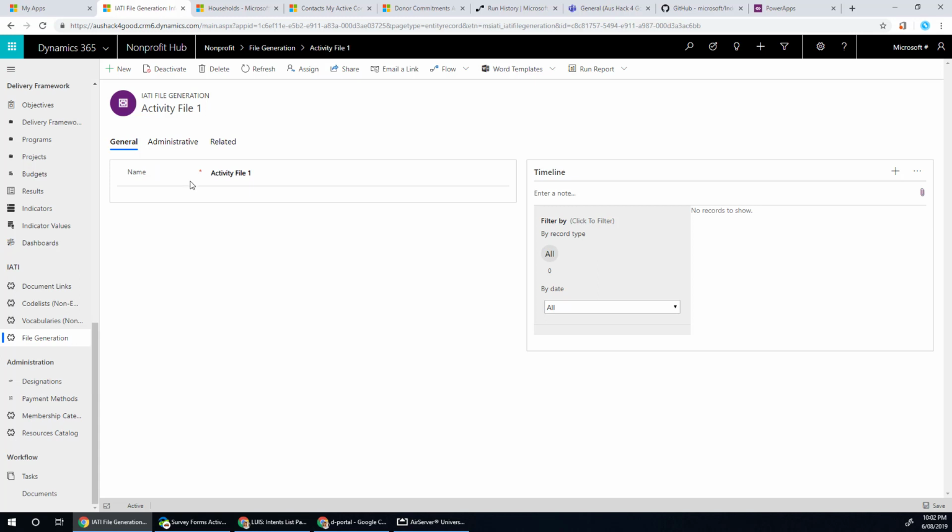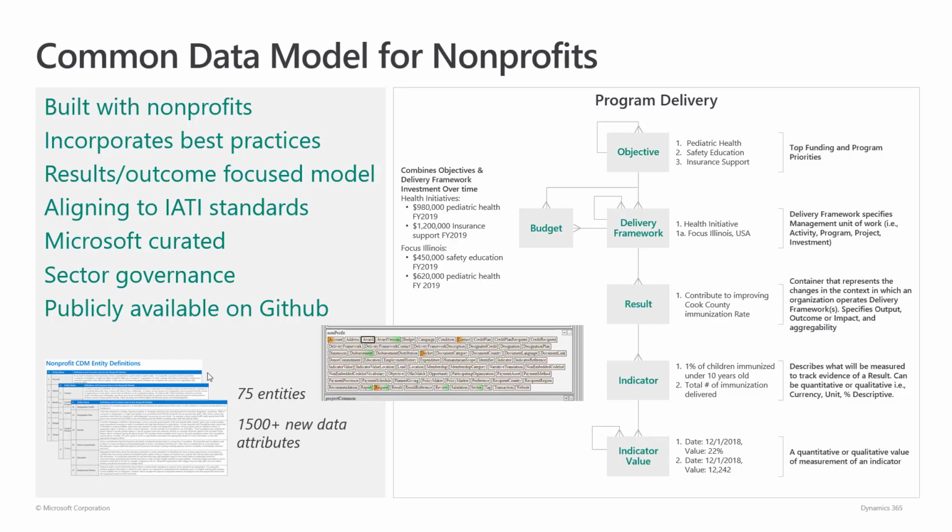So let's just wrap up quickly in terms of what we've looked at. I saved this slide for last because I was worried that if I showed it in the beginning, most people would leave without watching the demonstration. But essentially, the common data model for not-for-profits, which is then consumed by Dynamics 365 and hosted on the Common Data Service, extends the overall common data model. It's got over 75 entities that have been discussed with various industry experts, large organizations like Blackboard, as well as our partners. It's got over 1,500 data attributes.